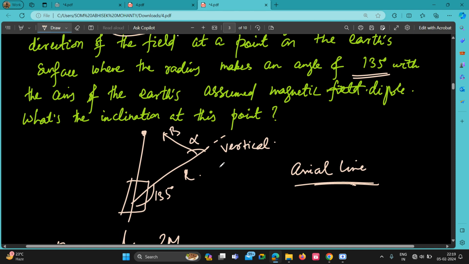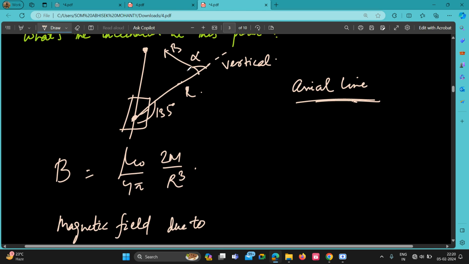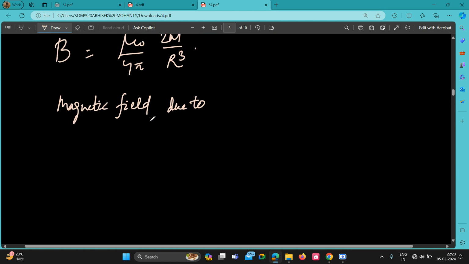So this is your this one. Okay, you have to find the magnetic field at this point. Write down the magnetic field due to a dipole. This is at r distance. The distance is r with an angle of 135 degrees. So this is a different kind of question. This is not your direct question. Due to a dipole